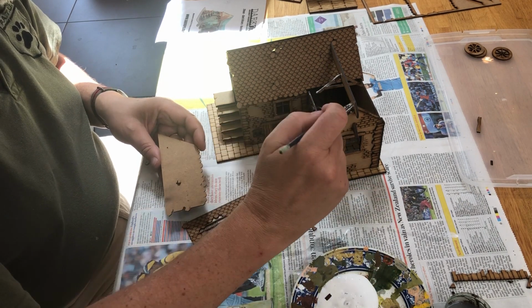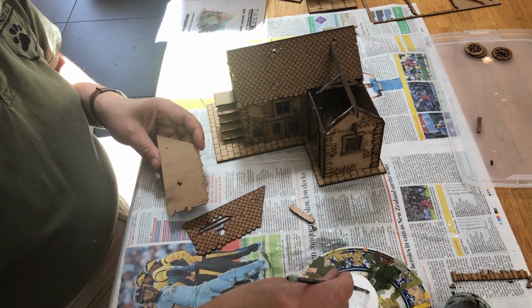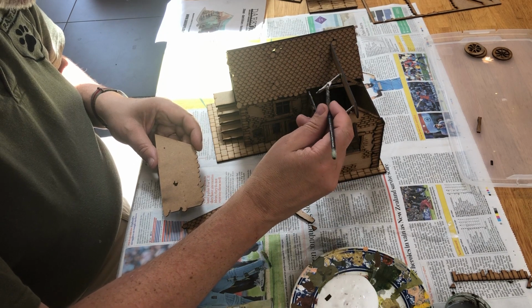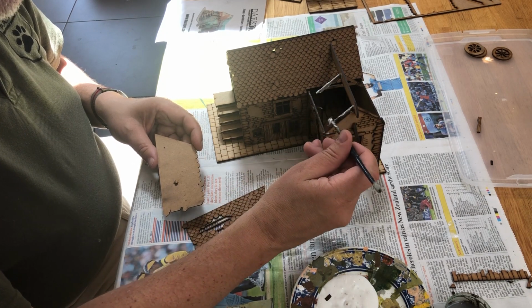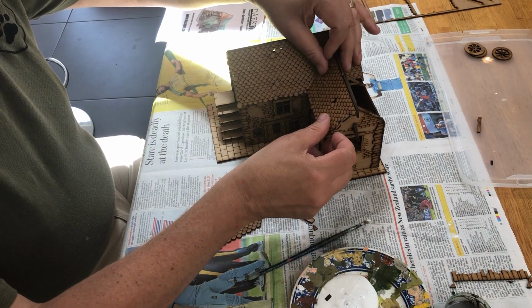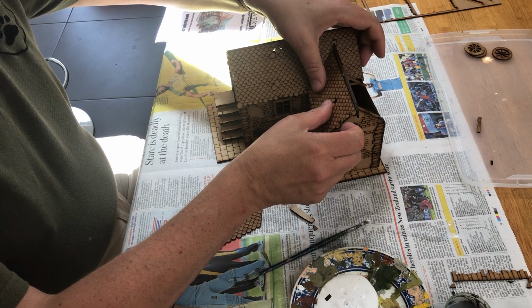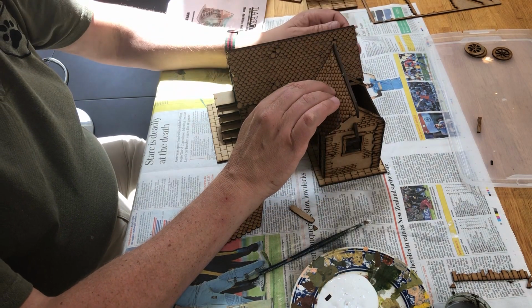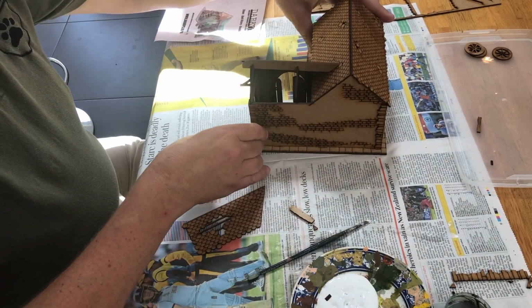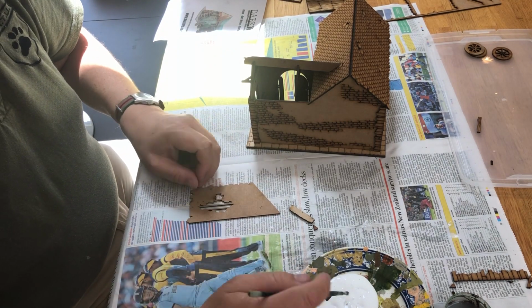Right, clear that off because my brush had been sat in water while I was allowing stuff to dry. And we'll put that on there. That might really scupper what I'm trying to do here, but what we'll do is I will just hold this in place, do both sides, and then once it's dry, I'm going to go back and add more glue to